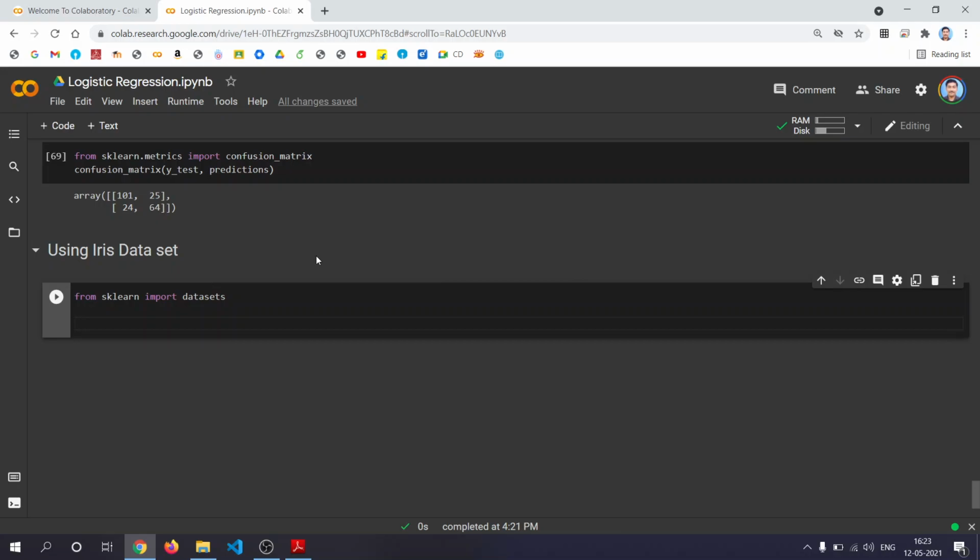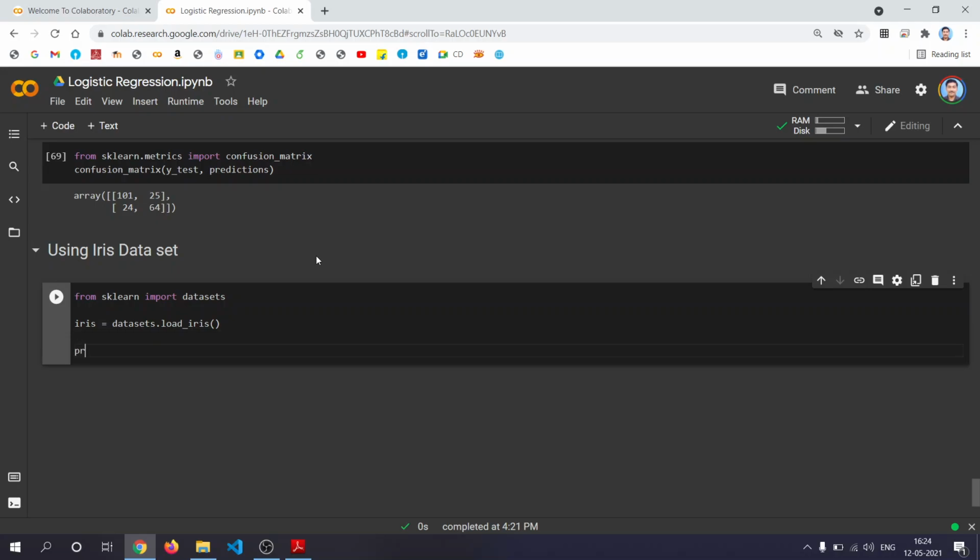Instead of obtaining a dataset from other sources and opening it using pandas read_csv and all, you can directly use datasets from sklearn as well. iris equal to datasets.load_iris. This is how you use Iris dataset, or even Iris dataset is available as a CSV file, and you can use that also. There are no issues.